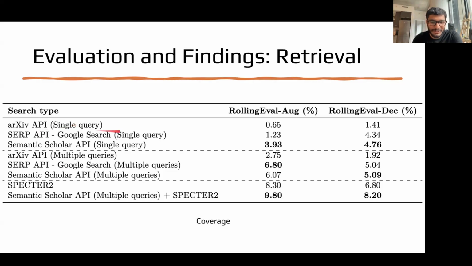And if you look closely, the coverage is not super high. In best case scenarios, it's almost 10%. So it's not recovering almost 90% of the papers that were actually cited in the original works. And this is a very difficult problem to solve because